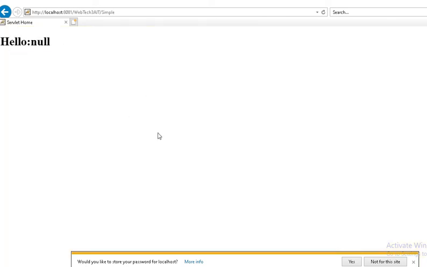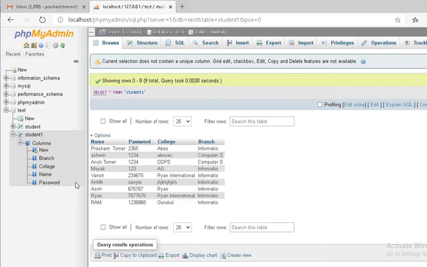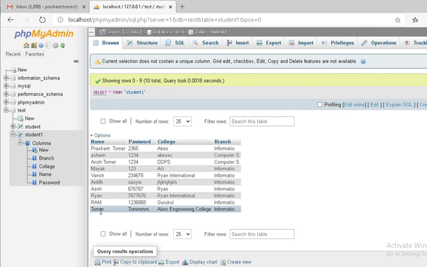So this time our page is working, but no message is coming back. Let's check whether the data is updated or not. Just try to refresh. Yeah, you can see the data in the database.